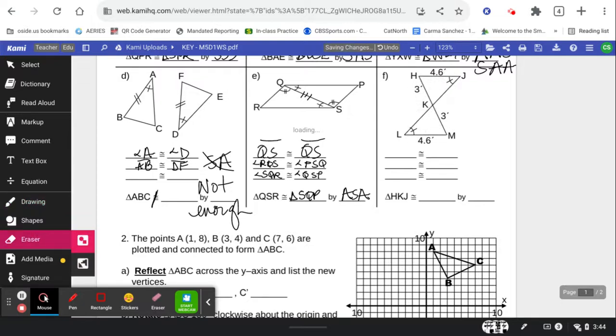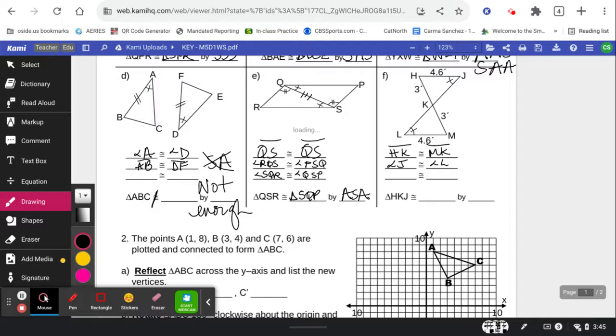So for the vertical angles, we're going to use angle, angle, side to prove this. So we're going to say that HK is congruent to MK. We're going to say that angle J is congruent to angle L. And then we're going to say that angle HKJ, so this guy right here, is congruent to angle MKL. We have to use a 3-letter name when they're a shared vertex. And so the triangles are congruent by